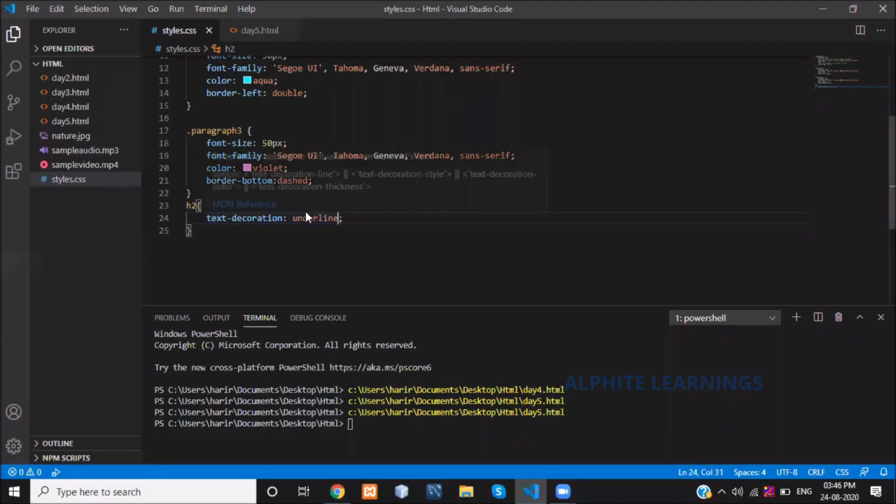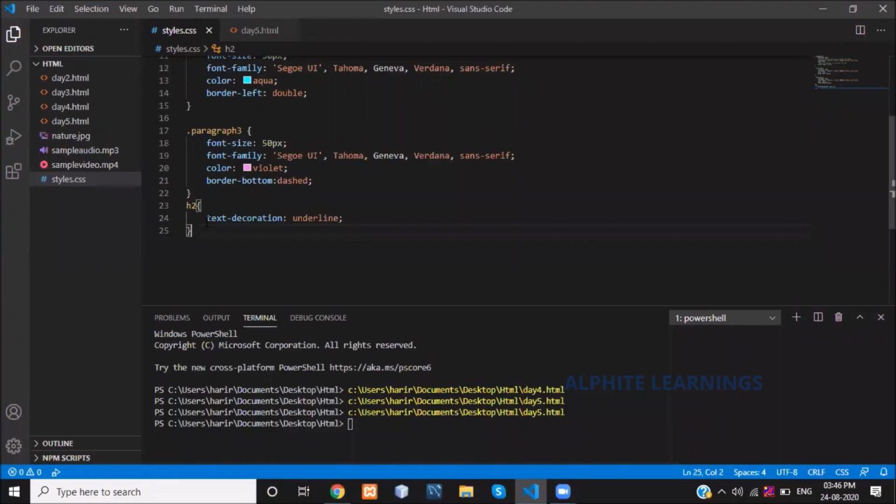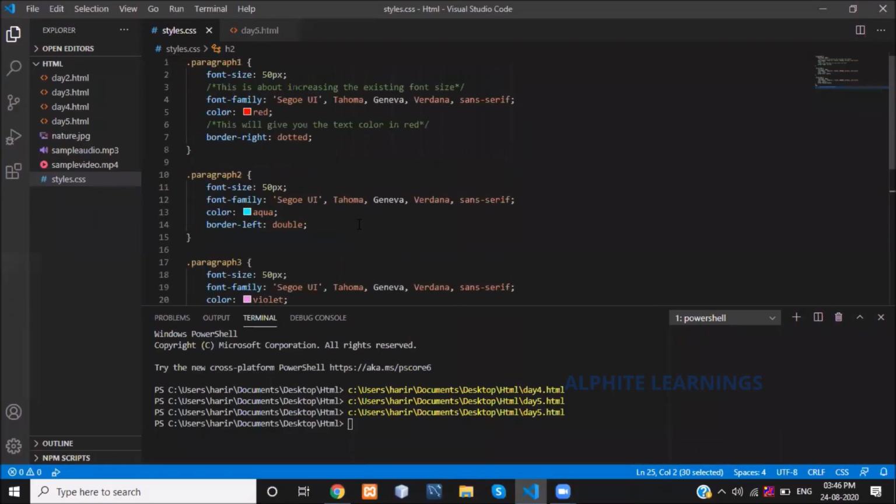This is all about adding underline. You can give this wherever you want underline, in any specific paragraph or heading. For example, I have given it in the heading. If you want the first paragraph fully underlined, you can just copy this text-decoration underline and put it in your paragraph 1.